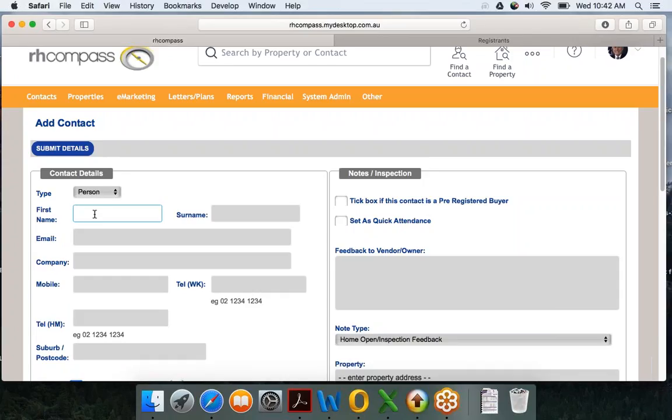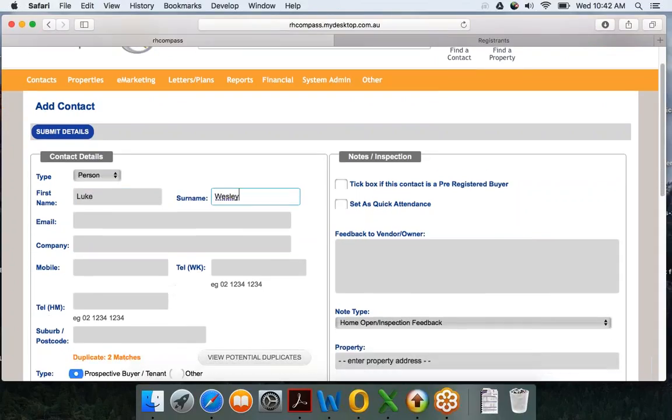Now, every contact that you add into the system, it's mandatory that you add in their first name, surname, and a point of contact. So a point of contact is either an email address or a phone number. Now, our system will prompt you to add that information in there. So for today, we're just going to add our contact in. Now, what you'll find down the bottom here